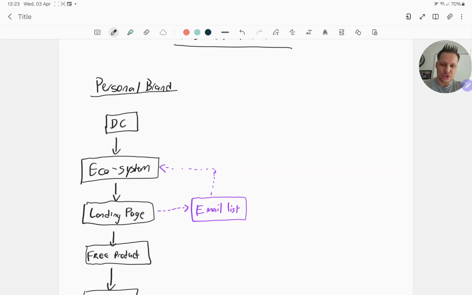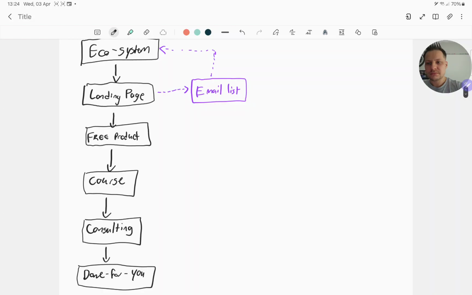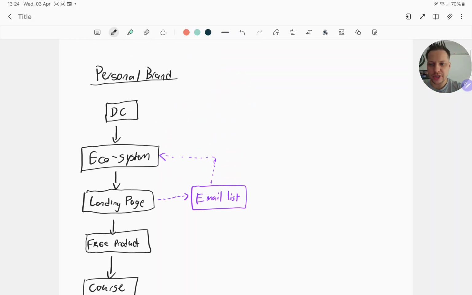But without getting into too much detail over there yet, there's a way that you will kind of build a proof of concept, and you'll test it against the market, and only once you have it, then you will start scaling and driving money into this and getting into the 6 and 7 figure range, or even 8 figure range, right? But this is kind of how it looks for your personal brand, right?